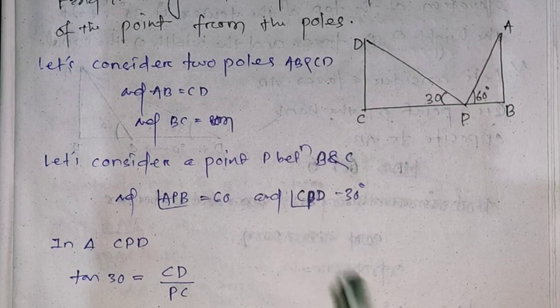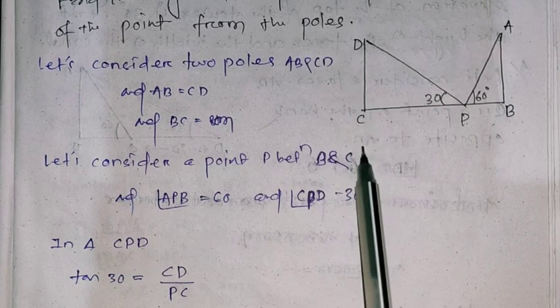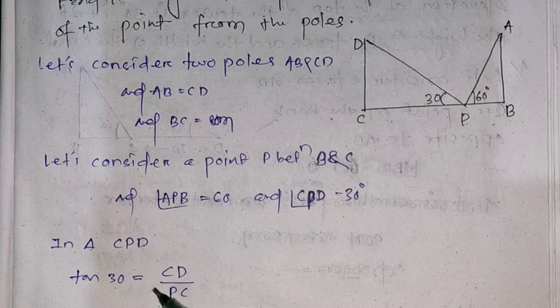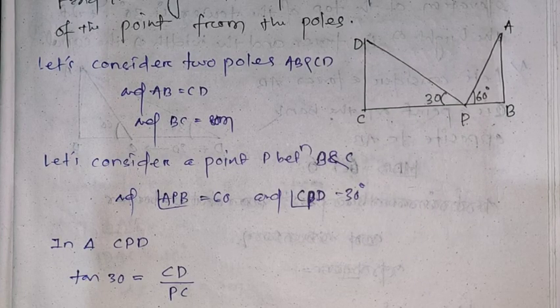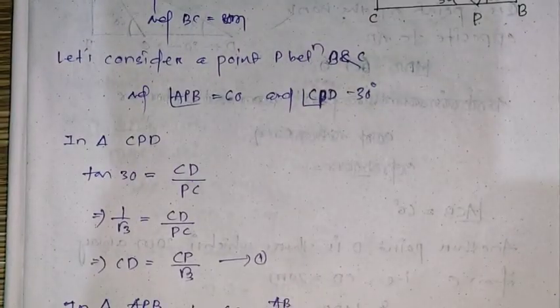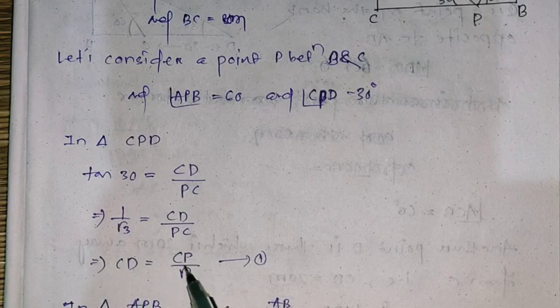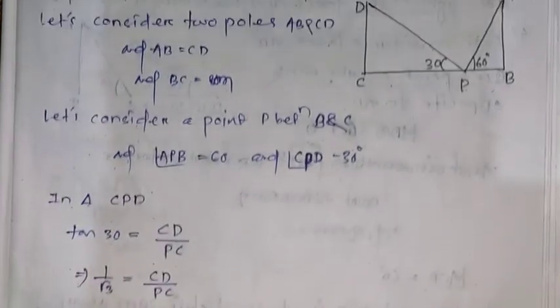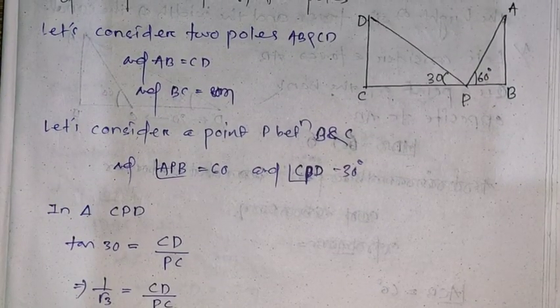It is angle CPD. So in triangle CPD, tan 30 is equal to CD by PC. This implies tan 30 is equal to 1 by root 3 is equal to CD by PC. This implies CD is equal to CP by root 3. This is equation 1. Now in triangle APB,